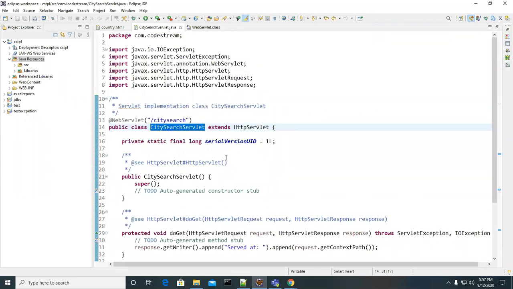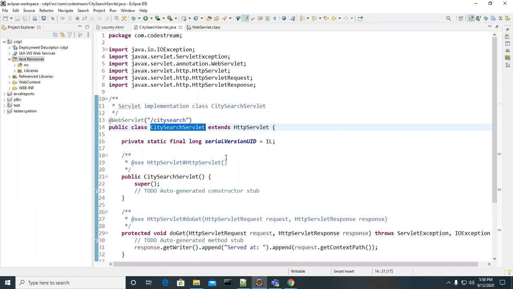Muni, any idea? Did you get my question? Yes, sir. Okay. Then what is the answer? Whatever Java class we wrote, how can you say whether it is a servlet program or not?